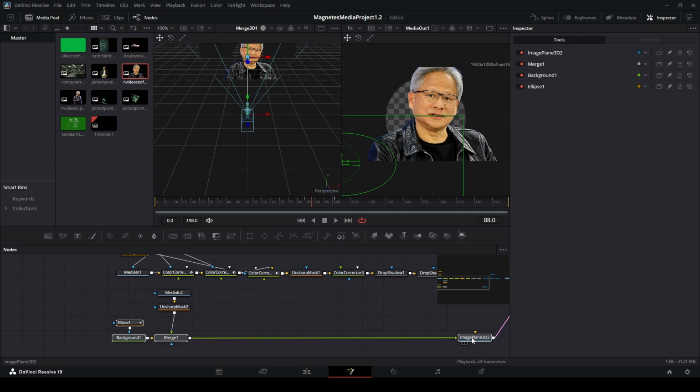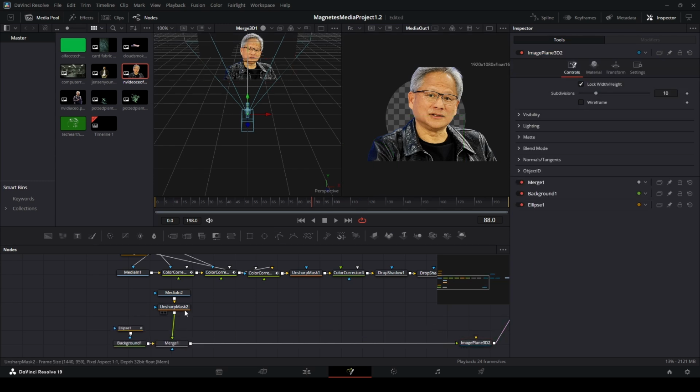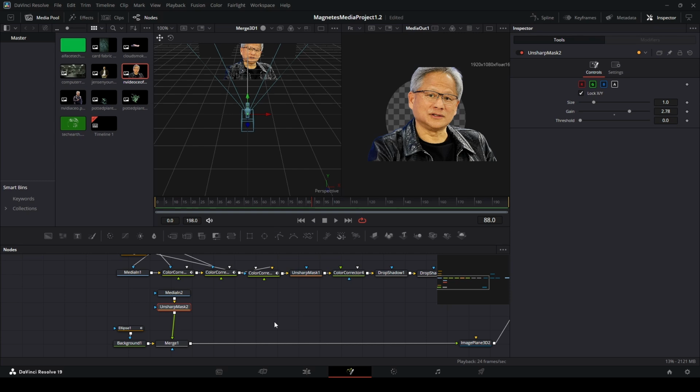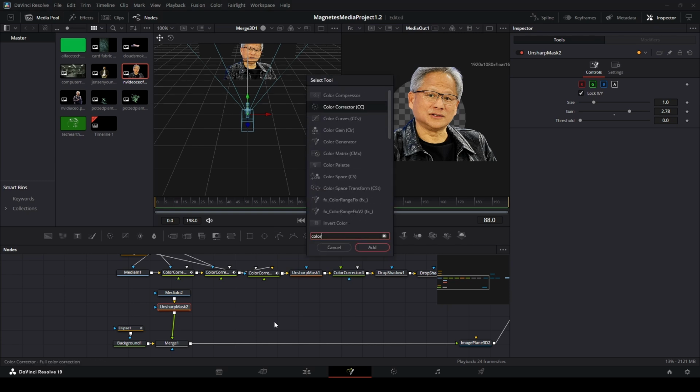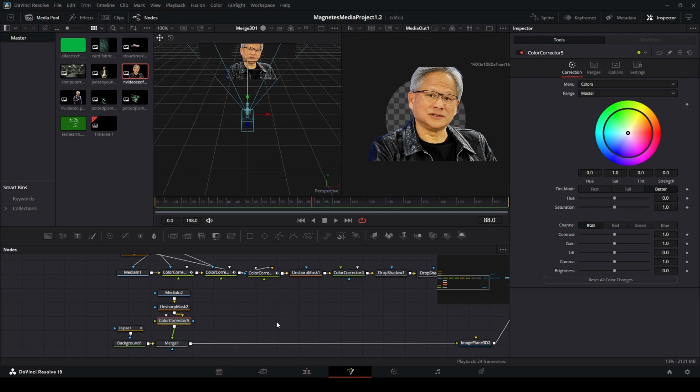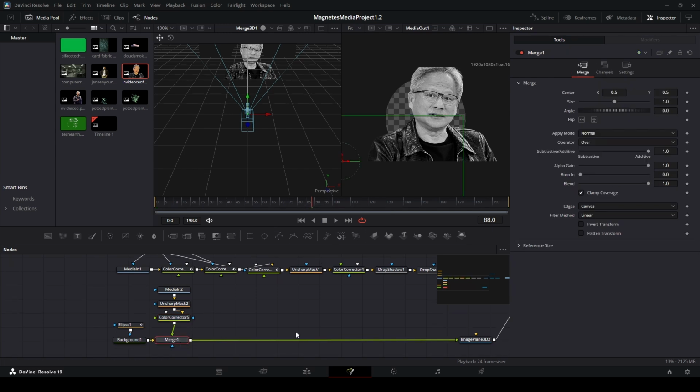I keep shifting this, but let's shift it. Let's move this down to right here. Okay, then after the unsharp mask, we're going to add a color corrector node. Bring down the saturation to 0. Everything else leave default. All right, so now in the merge node, we're gonna change the center X to 2.06,